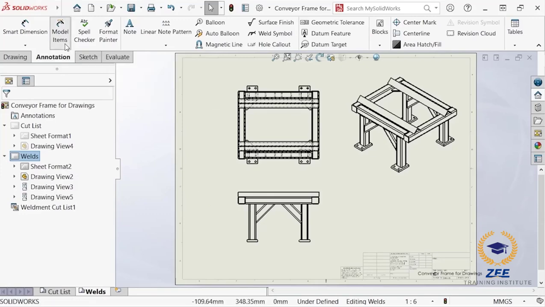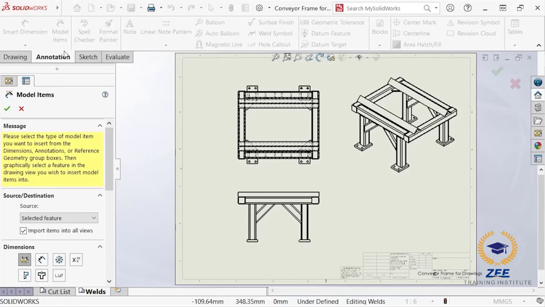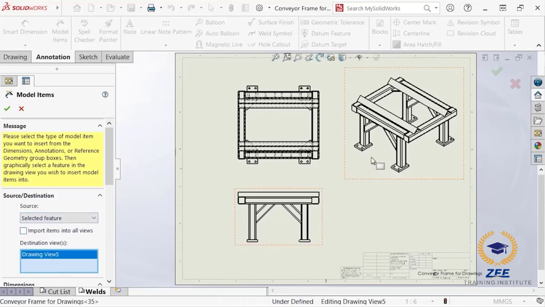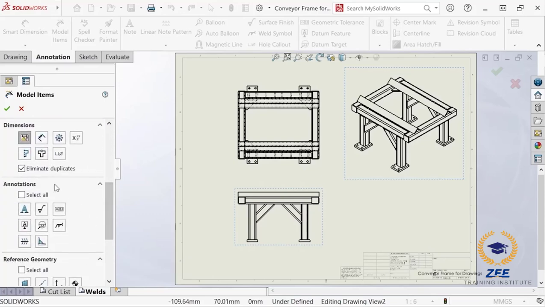I'll leave the source of the information set to selected feature, and since I want to selectively choose where my annotations appear, I will deselect the import items into all views checkbox and pick the isometric and front views as my destination views. I'll turn off the option to import dimensions, and under the annotations option, I will choose to insert weld symbols